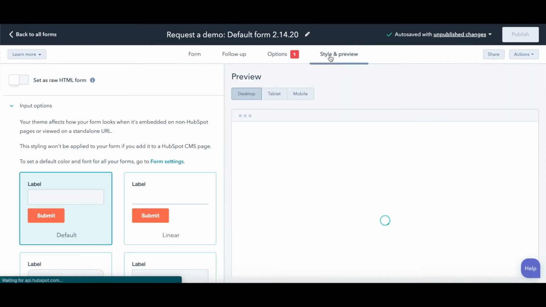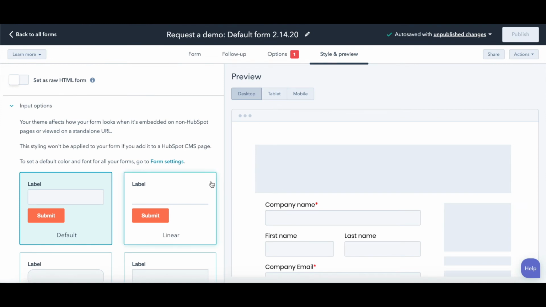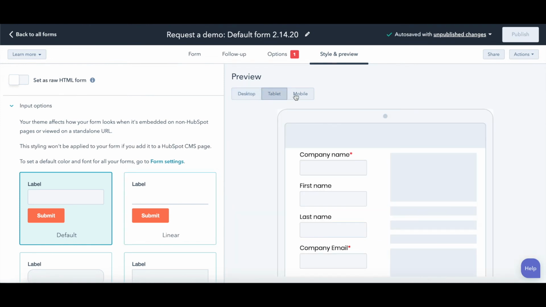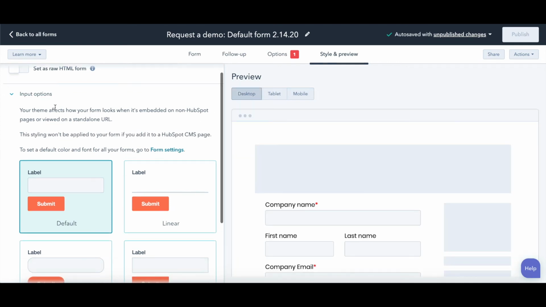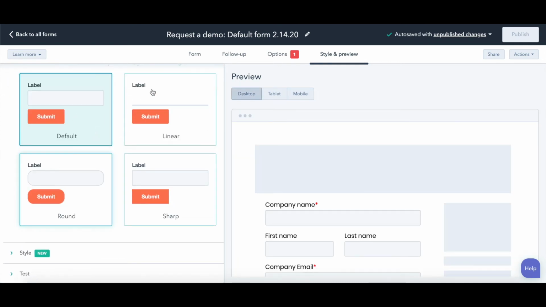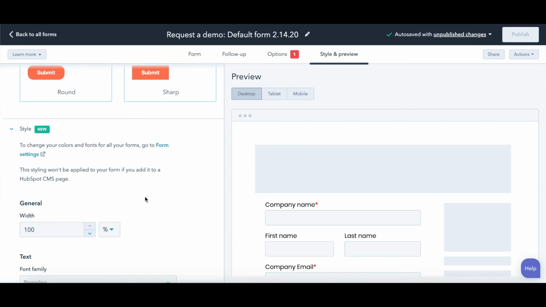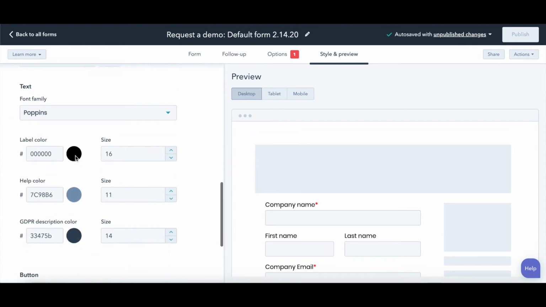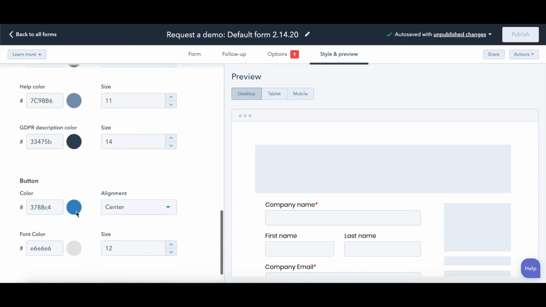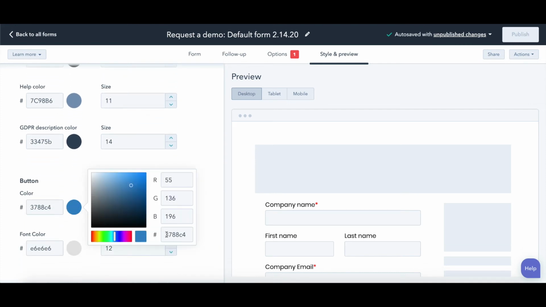Last step, style and preview. So this is where you make it your own. Make sure you always view it in tablet and mobile too. It's very important. These are basics, but we really care more about the style to match your company. So down here, pop-ins, font, label, help color, maybe not, GDPR, button, we always want it to be